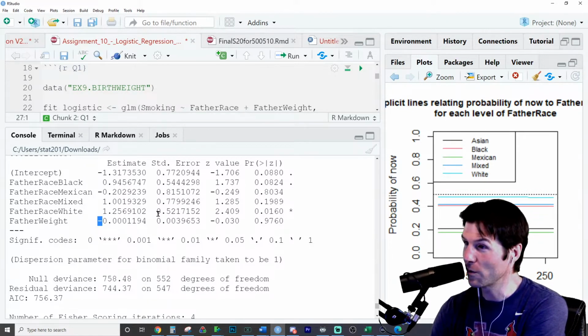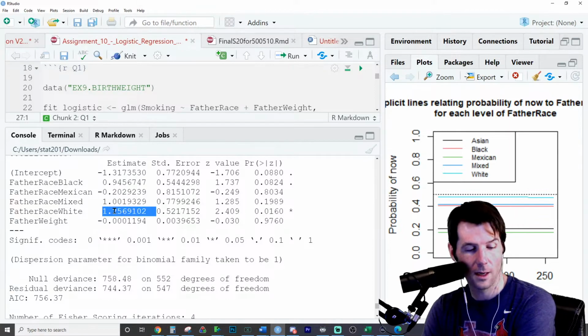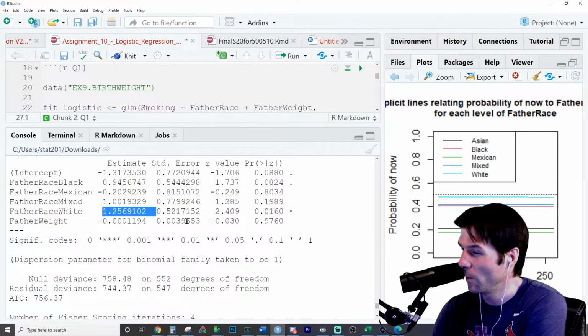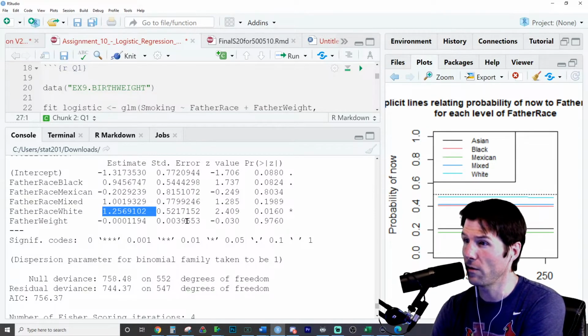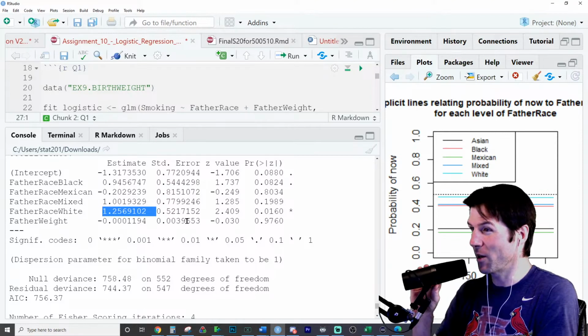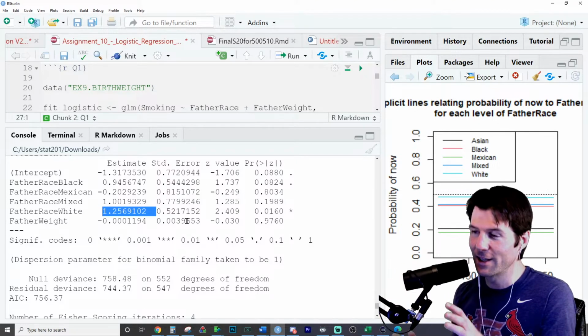Let me repeat that. Two fathers who differ in their weight by 1 pound. The father who is heavier is less likely to have a pregnant wife that is smoking now. This one right here, which is the highest coefficient, whether the higher father weight is expected to have a lower probability of a pregnant wife, where the father who is heavier is less likely to have a wife who is smoking now. It's such a weird one, because it's just a very weird model. But no, don't worry, that's perfectly fine. Just make sure to get it right.